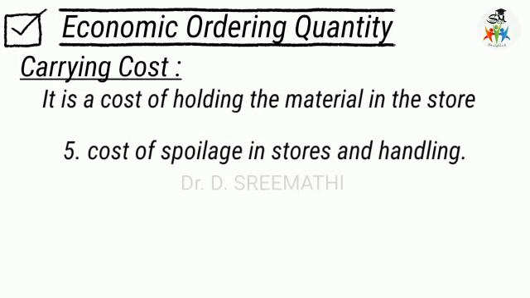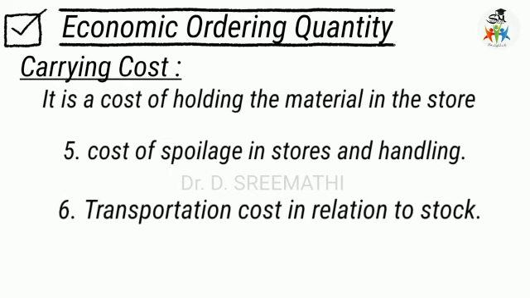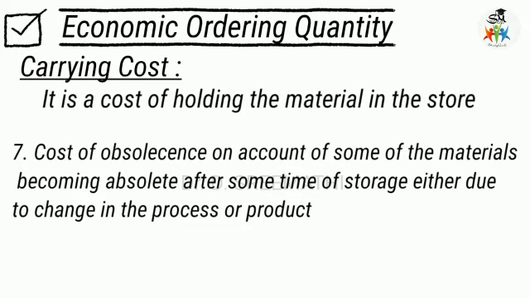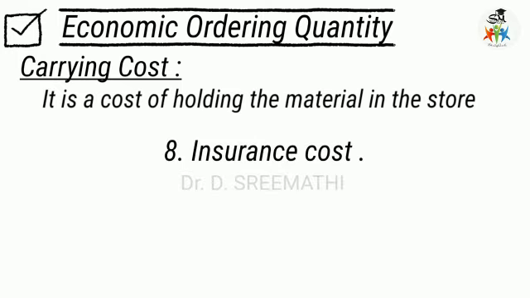Then the cost of spoilage in stores and at the time of handling. Then the transportation cost in relation to stock. And then the cost of obsolescence, as some materials become obsolete after some time because of changes in the process or even the product itself. And then the insurance cost of the godown where they keep the materials. And then clerical cost, that is the storekeeper, the security, and the assistants who are working; all these are called